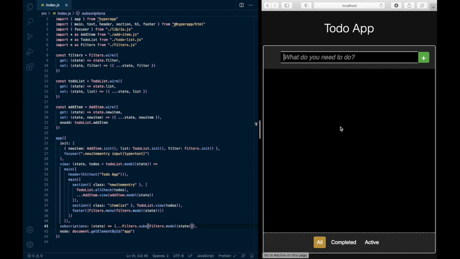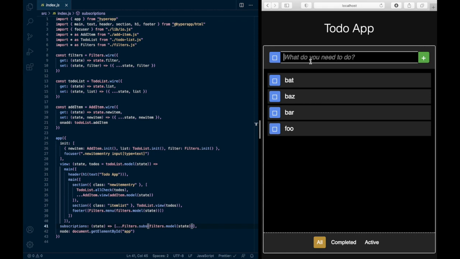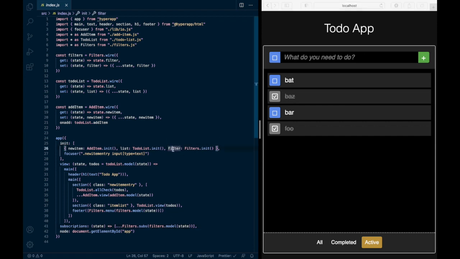Now with these filters that we've set up, foo, bar, baz, bat, we'd really like to be able to actually use them to filter the to-do list. So when we go to completed, we only see the done ones, and when we go to active, we'd only see the undone ones. We already have the filter property here in the state, but since it's technically hidden behind